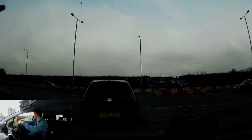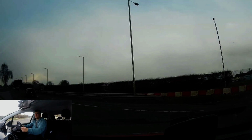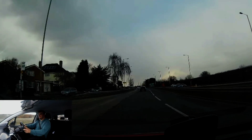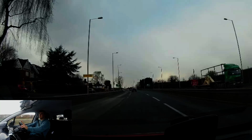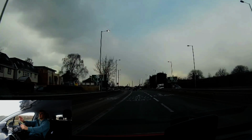So the speed limit from the road on the right has just gone from 50 to 30, but at the point that they're going along here they may not be doing 30, so you have to be very careful on your pull out. And do notice that there is also a bus lane, so you have to pull out wider than normal. Okay, now the sat-nav will give a confusing instruction here, but it wants you in the lane for